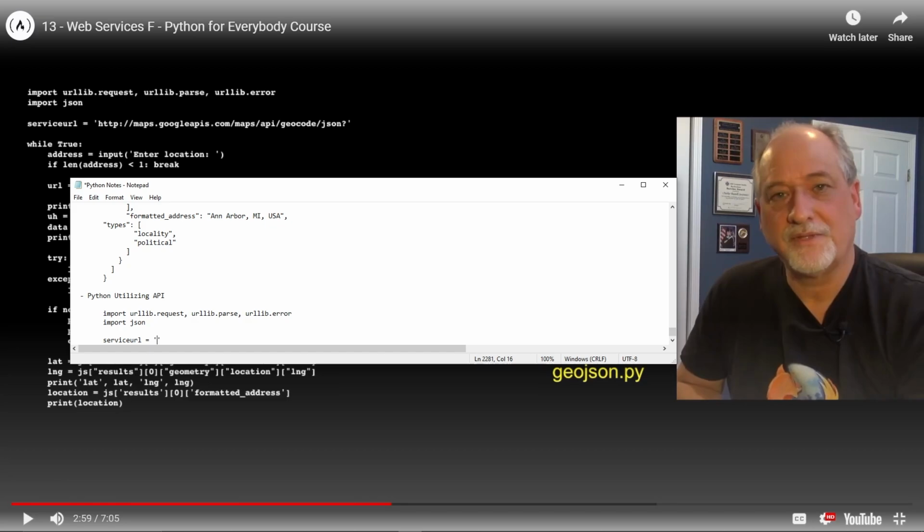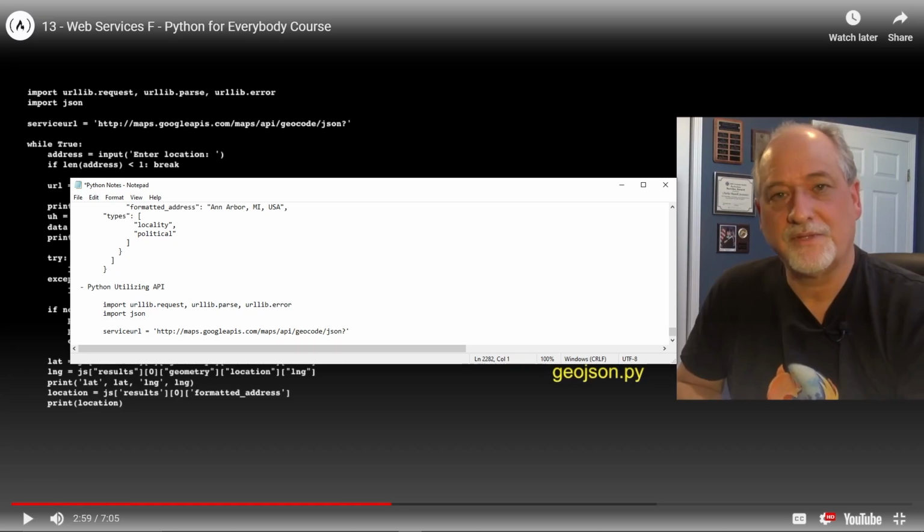Okay, let's do it. http, because not only am I going to be typing, but I'm going to be erasing a lot too. maps.googleapis.com/maps/api/geocode/json? Okay, that's cool. So this serviceurl variable is going to be a string with this stuff in it.